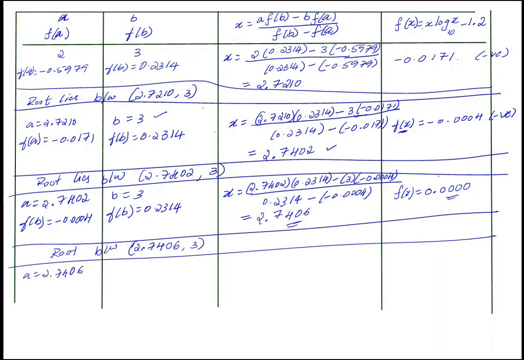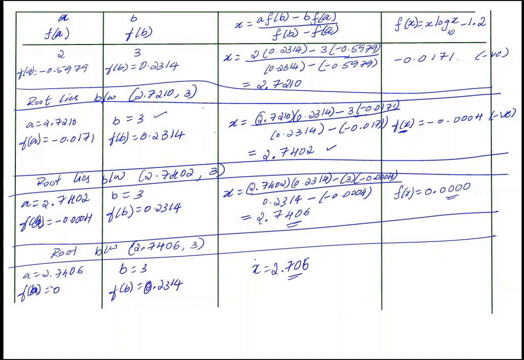Since f of a is 0, surely it's not necessary. F of a value is 0. Maybe you can take it as negative 0. So surely you will get the answer as x equal to 2.7406. Let's try. b is equal to 3, f of b is